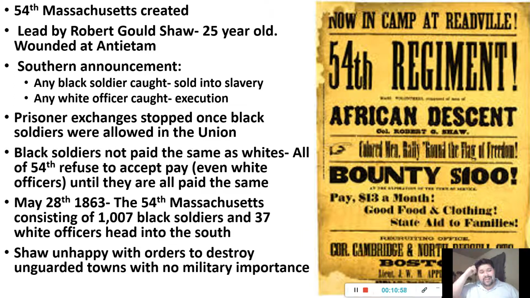Okay? So that shows the unity of that group, of the 54th Regiment. So May 28th, 1863, the training happens. They finish it up. They're ready to go. They're marching beautifully. The whole regiment consists of 1,007 black soldiers, 37 white officers, and these guys head to the